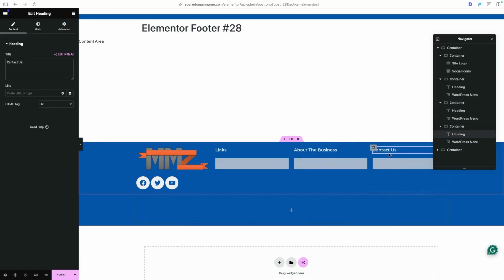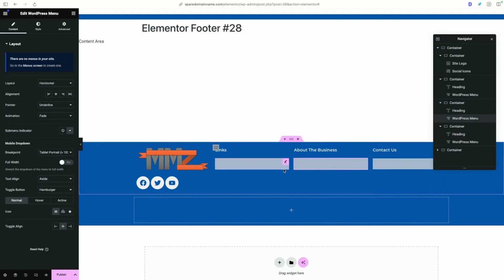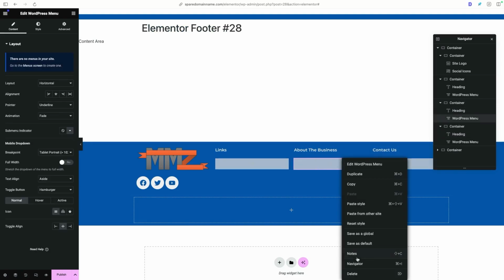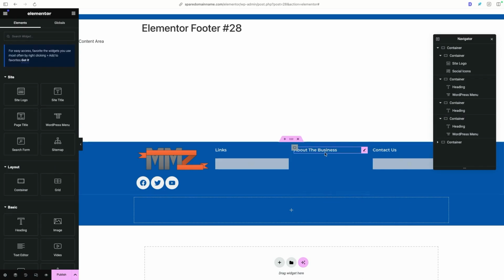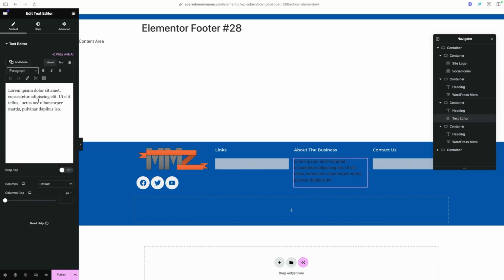I've just updated these headings here for something else. And I will replace the menu, because we don't want 3 menus, down here by deleting that, right-clicking, and then delete. And I'm going to drag in a text editor. Make sure that's below the heading. Then you can enter some text in this section here, and you can also bold the text and underline it